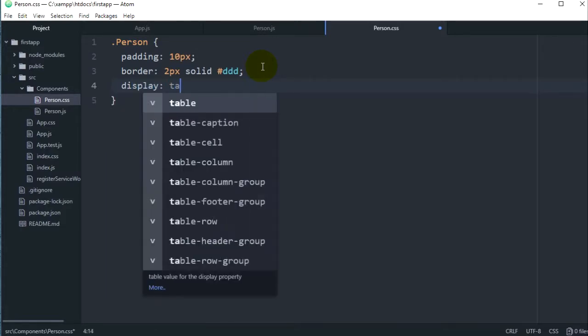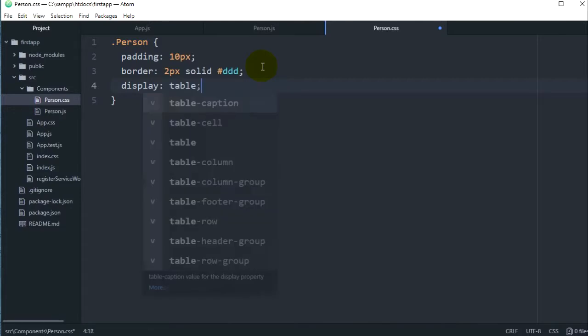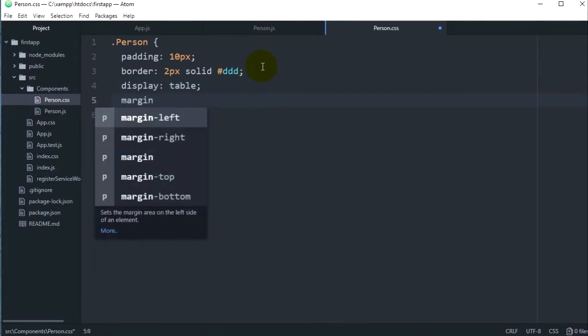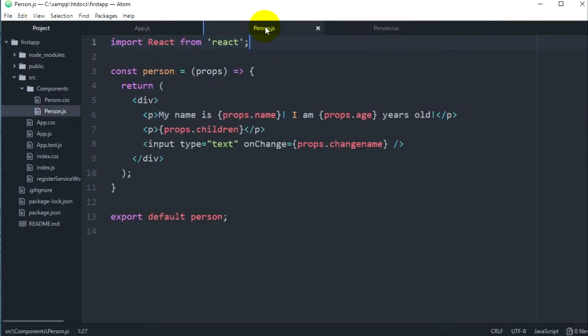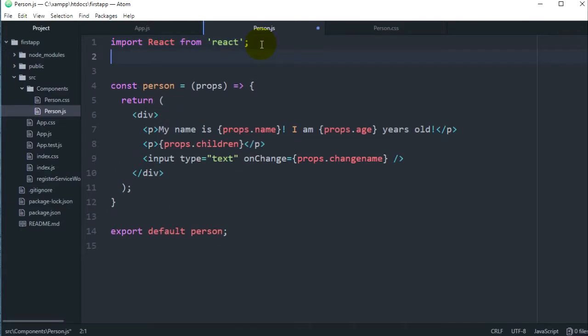display table, and margin we'll make it on top and bottom. It's going to be 10 pixels, and on the sides it's going to be auto. So this way we will center it. Width, make it 50%. Okay, save this file, and then open your person.js file, and let's import this CSS file here in this